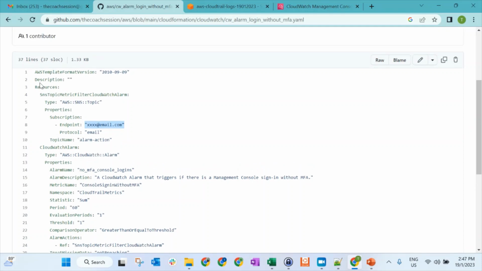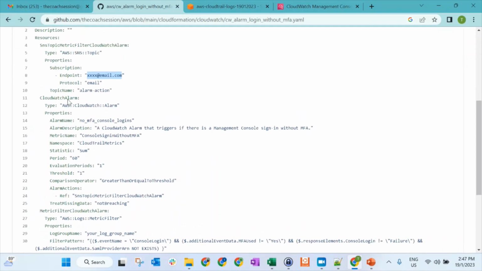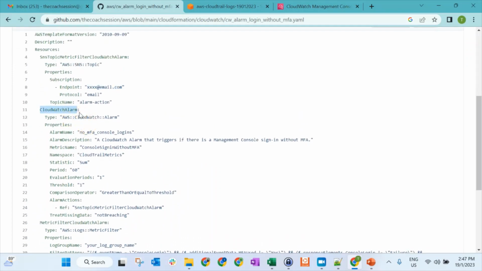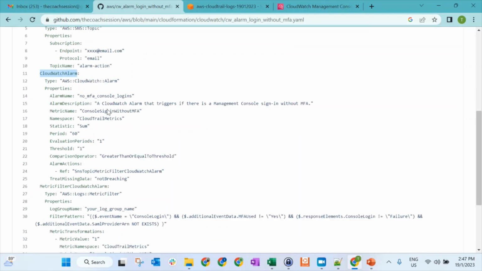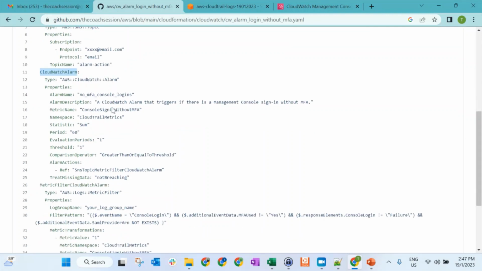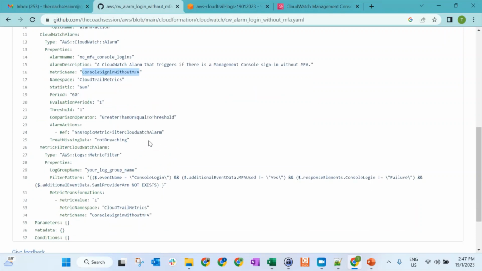This template is creating 3 resources. The first one is the SNS topic. You can change the email here. And then the second resource that will be created is the CloudWatch alarm, with the namespace, metric name, and so on.